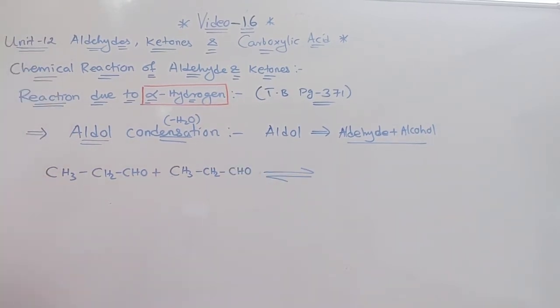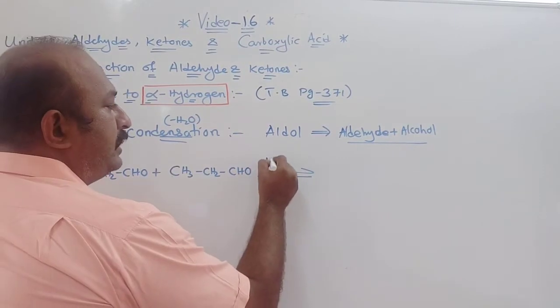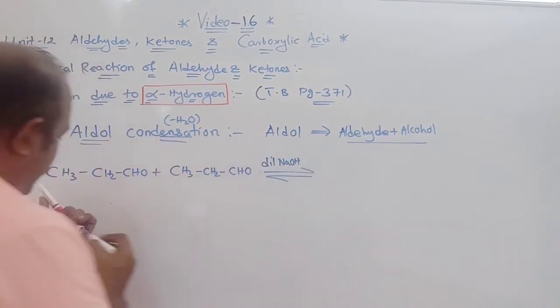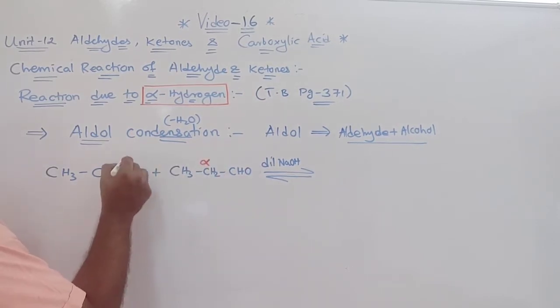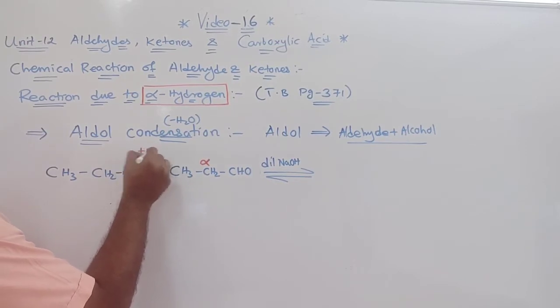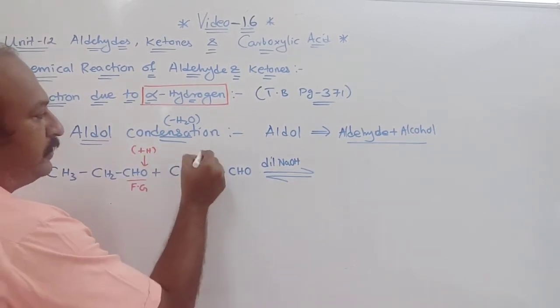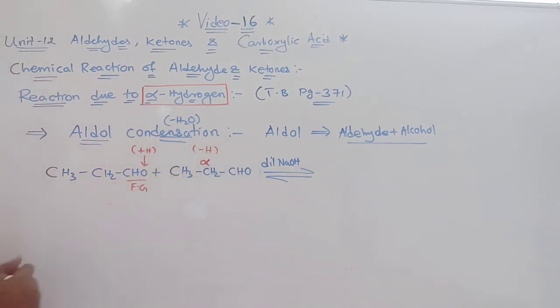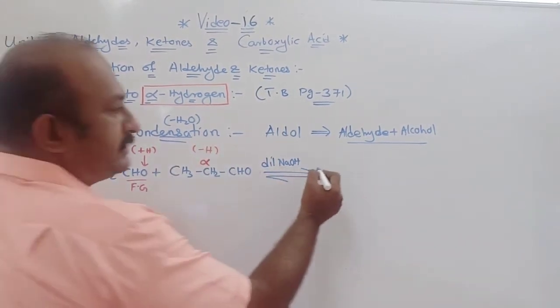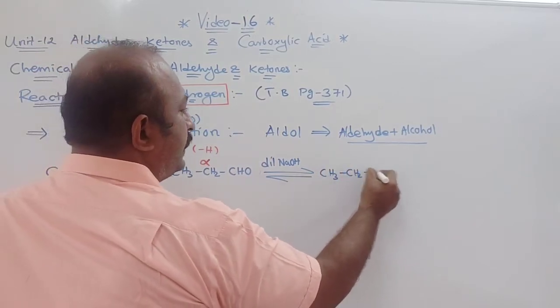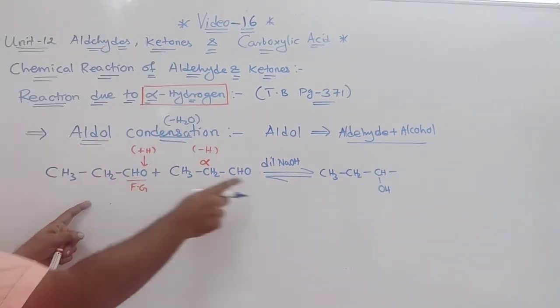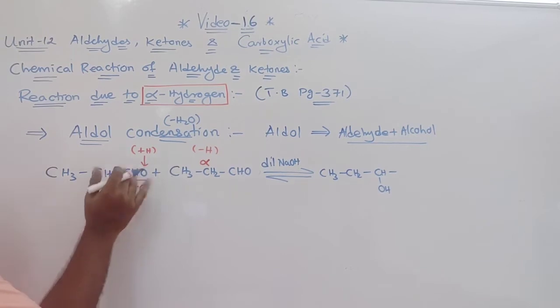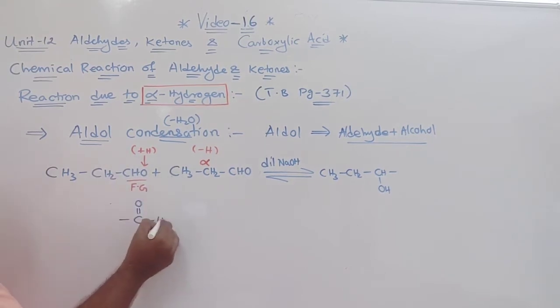Now in this case, I will take dilute NaOH. Okay, this one is your alpha and this one is your functional group. So we know on the functional group, on oxygen, you have to add one hydrogen. Clear? From alpha, what you have to do? Remove one hydrogen. Right? So now if I join, this will be written as CH3CH2CHOH, then a single bond, CH, and on that I have written OH. If you didn't understand, you can write it like this also, double bond O and H like this. So here H will be added on oxygen.